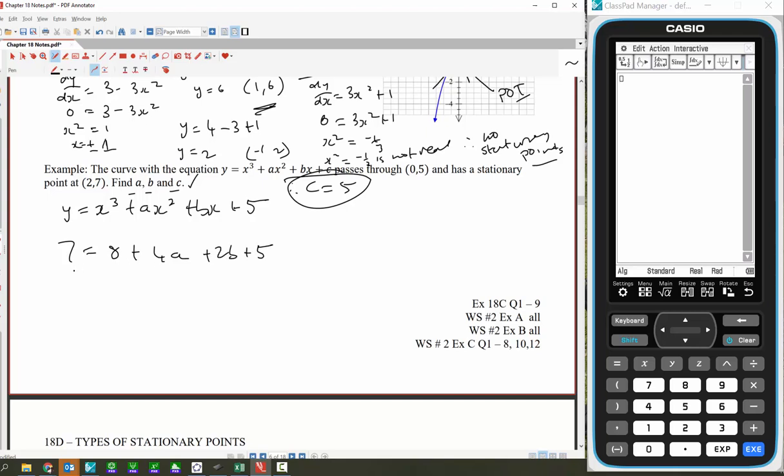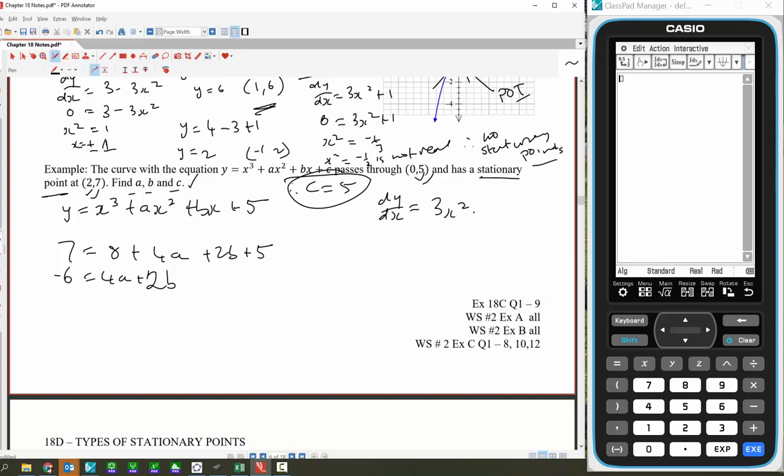Let's clean that up a little. Alrighty, now we need to develop the second equation. Now I've used this point already, and I've used this point. We need a third point. And it comes out in the wording that, in fact, this point, along with the original function going through it, also has a gradient of 0 because it's a stationary point. So that means if I get dy/dx,